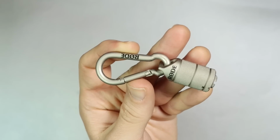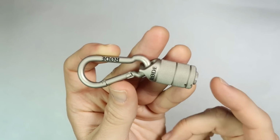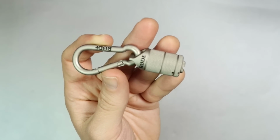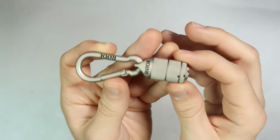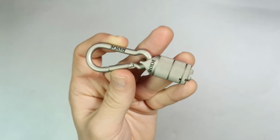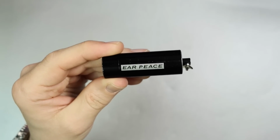Next, we have a set of adapters, and this is called the Rode Universal Thread Adapter. This converts 1/4 inch to 3/8 or 5/8 inch, 3/8 inch to 1/4 inch or 5/8 inch, and 5/8 inch to 1/4 inch or 3/8 inch. So if you're a photographer, videographer, or an audio person, this is incredibly helpful to have in your bag or on your keychain. Next, we have an item that's been in every single one of my gift guides, and that